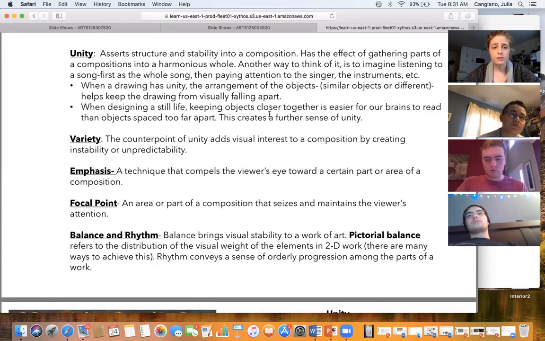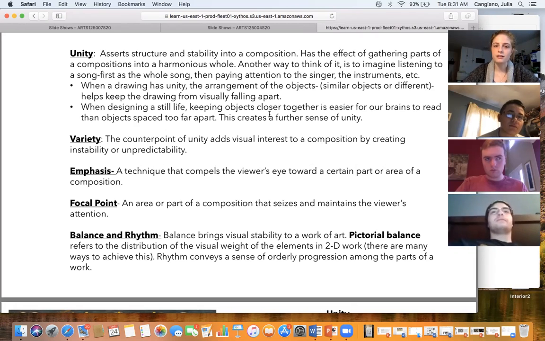Emphasis and focal point are similar, but essentially when you're emphasizing something, you are making sure that your viewer looks at this piece of the composition. You can do that by creating visual arrows to point to things, or having certain things in a composition line up a certain way.